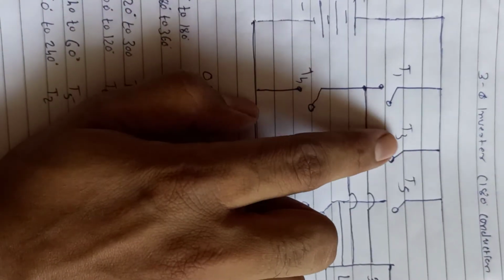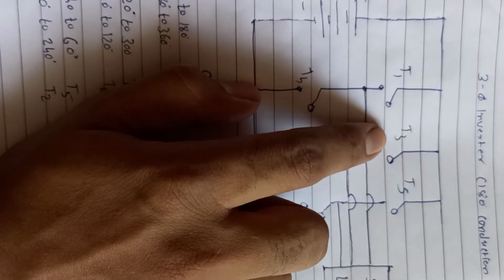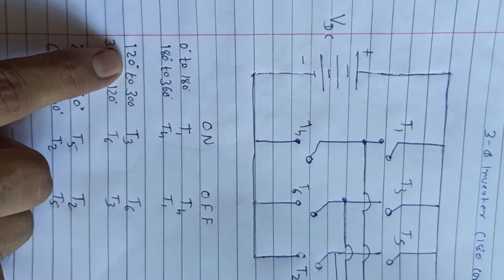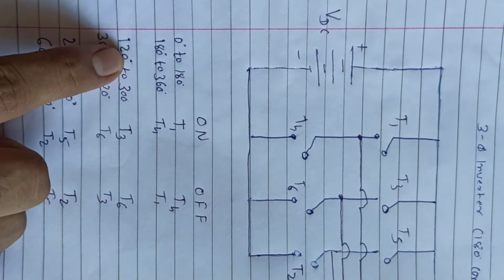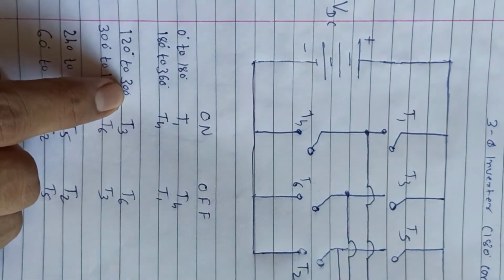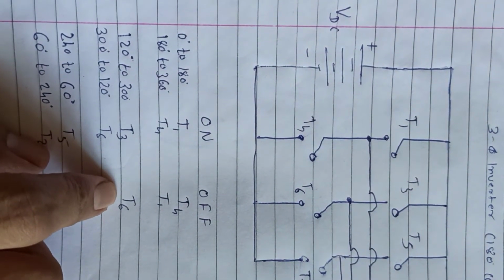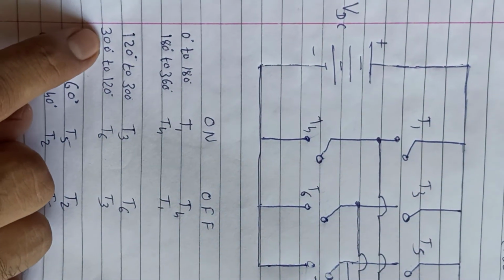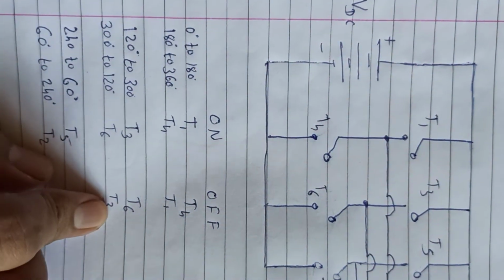So let's understand the second leg. T3 will be on at 120 degree, and from 120 plus 180, how much? 300. From 120 degree to 300 degree. If you add 180 degree to 120, you get 300. So from 120 degree to 300 degree, T3 will be on and T6 will be off. For another 180 degree, which is from 300 to 360 and 0 to 120 degree, T6 will be on and T3 will be off. Okay,